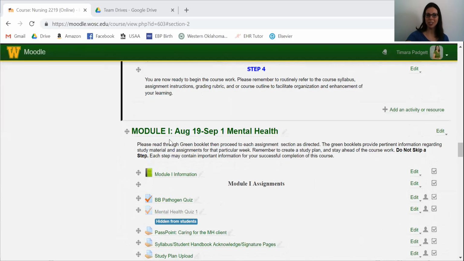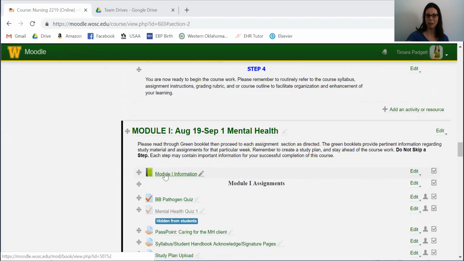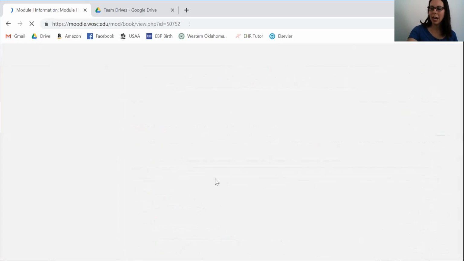Here we go, Module 1. We're gonna read through our green booklet, which is this right here, Module 1 information. You can go ahead and open that green booklet up and